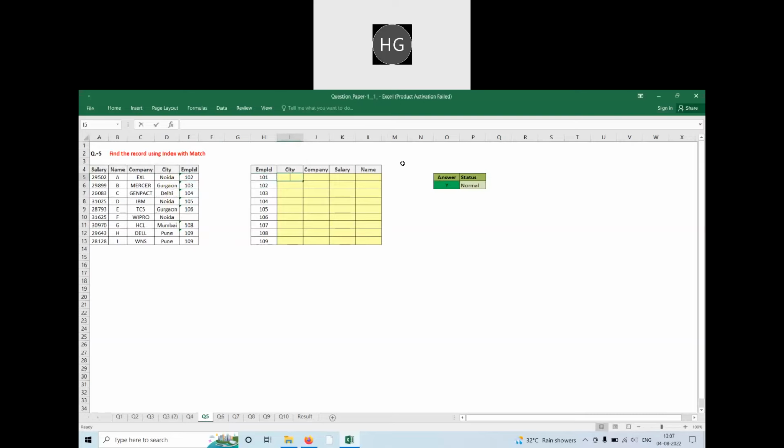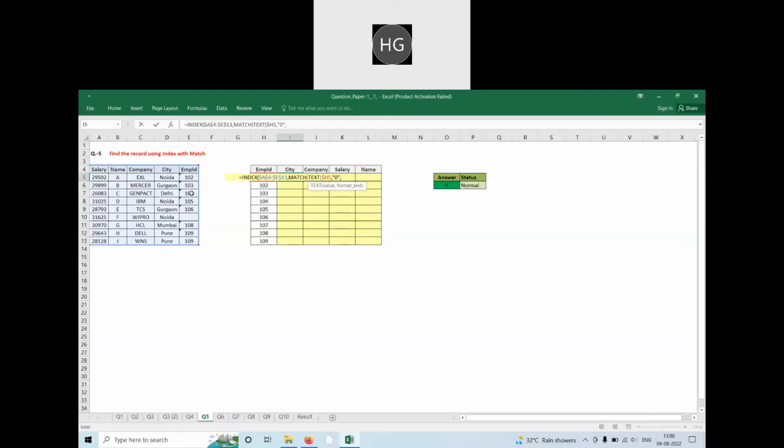So for INDEX, 1 times 4, comma, now the row number. For the row number what formula will I use? I'll use MATCH. I want to match this value, but before selecting this value I'll have to change it to text. So I'll have to use TEXT also. This one 3 times 4, comma, double quote 0.